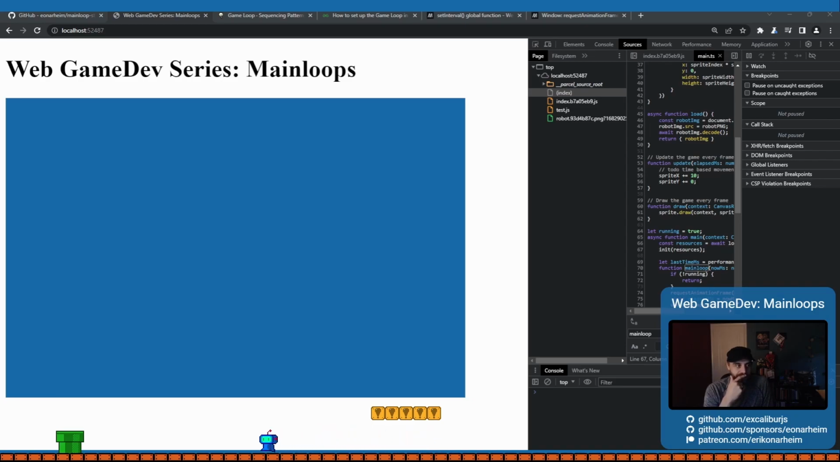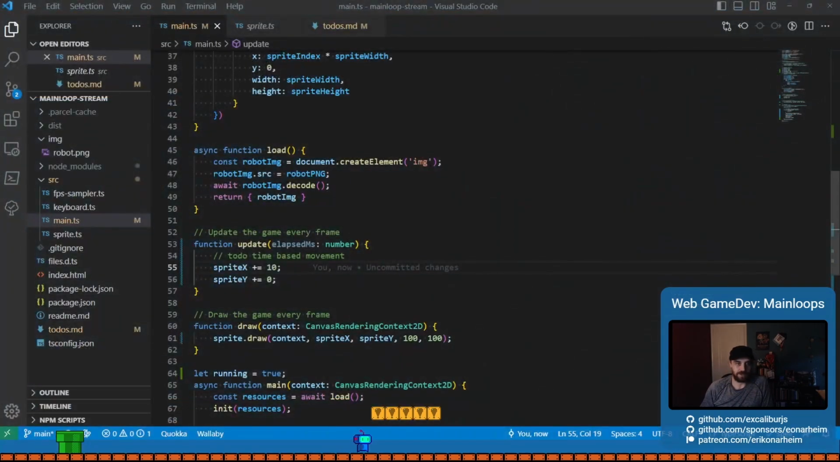What that means is every frame I'm updating 10 pixels. And if I were on a machine like 30 FPS, I would be updating half as far. So we don't want that. So we want to fix that. So let's go ahead and grab our